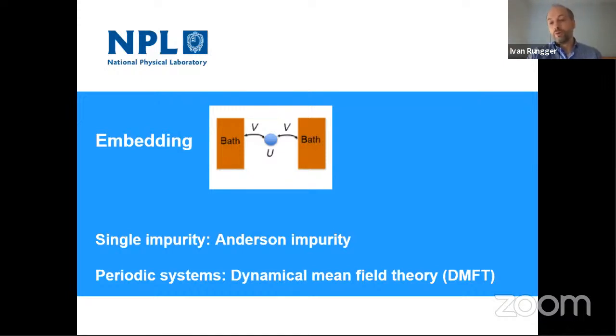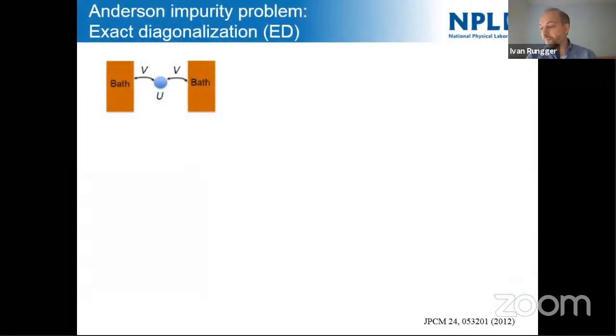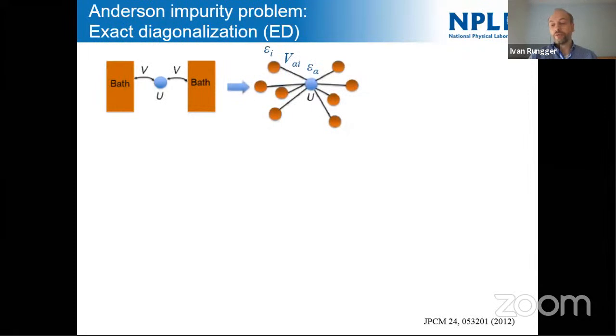And we're going to look at both of them today. So there's many ways to solve the Anderson impurity problem, and each is used in a very specific approximation when it's appropriate. To run it on quantum computers, the most straightforward way is what we call exact diagonalization, where in essence you simply replace the bath, which is infinitely big in principle, with a finite number of effective sites, in this case 8.